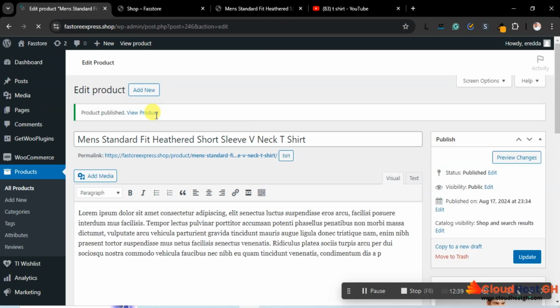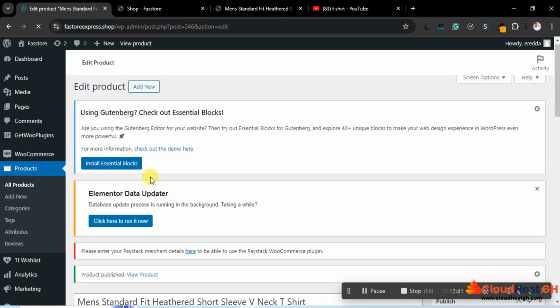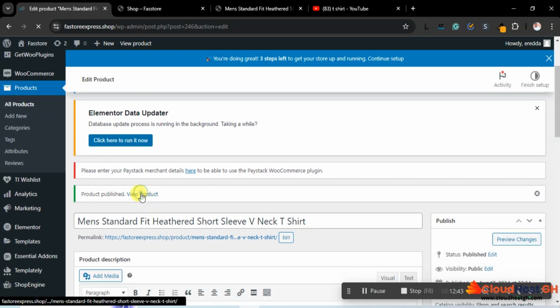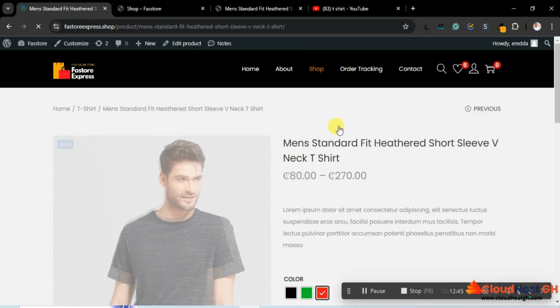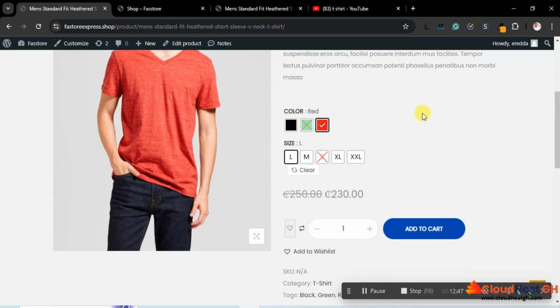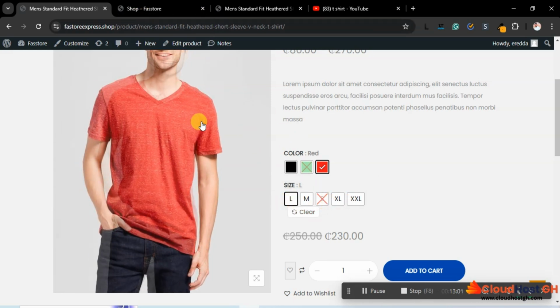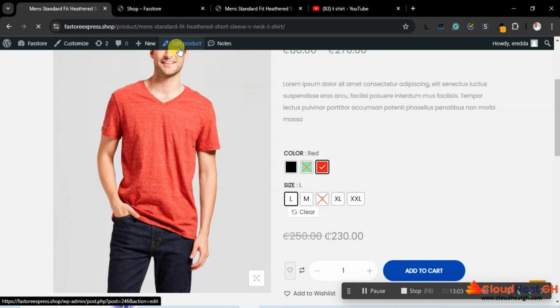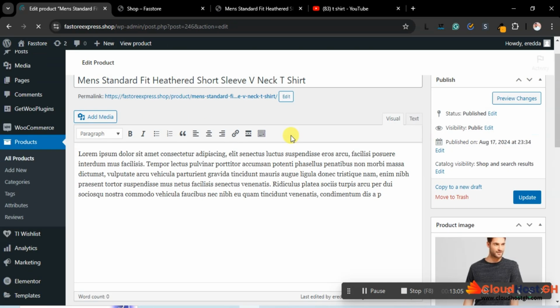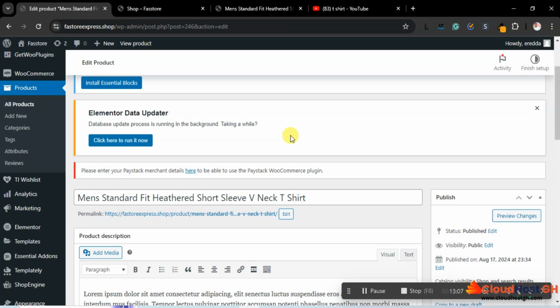Good. So I can click here to view the product. Good, and this is the product. I hope you can see that. So you can see that for the red color, that's what I've selected here. For the small, we don't have some at the market. And here I would advise you to rearrange it so that it will be in order. Let me go back here. You have to rearrange it, and you can do that at